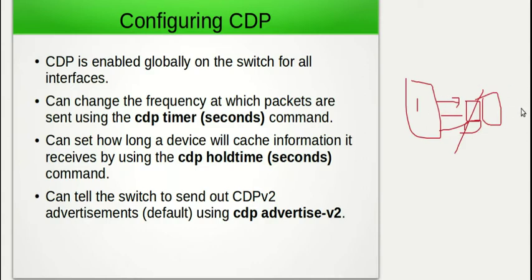Now we can change the frequency at which CDP packets are sent by using the cdp timer command. Normally CDP packets are sent every 60 seconds. We can change this to a different frequency, maybe every 20 seconds or 30 seconds. We can also change how long the device will hold the information in its table by using the cdp holdtime seconds command. And we can tell the switch to send either CDP version 2 or version 1 advertisements by using the cdp advertise-v2 command. By default, CDP version 2 is enabled, so all advertisements sent by CDP will be version 2